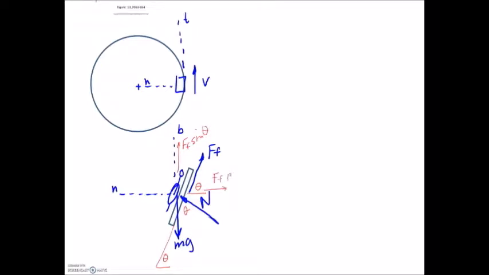force of friction cosine theta. The normal force will have a component going up this way, and that'll be normal cosine theta, and this will have normal sine theta. All right. If you look at the trig, you can see all those pieces. And what we want to do is sum the forces in the normal and in the b direction